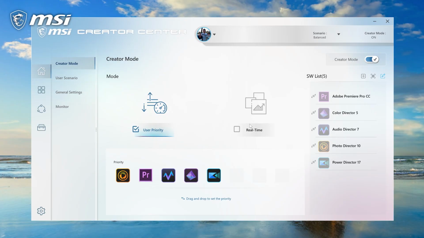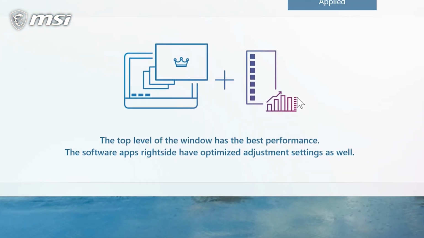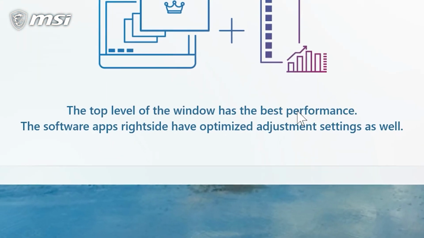And if you're content with giving the center full control, select the Real Time button, and programs with windows on top of your screen will perform better than the windows that are further down on the screen, so underneath windows above it. Kind of hard to explain with respect to a screen, but you know what I'm saying. This setting may be preferable if you find yourself frequently switching between applications, so it's a little more versatile in